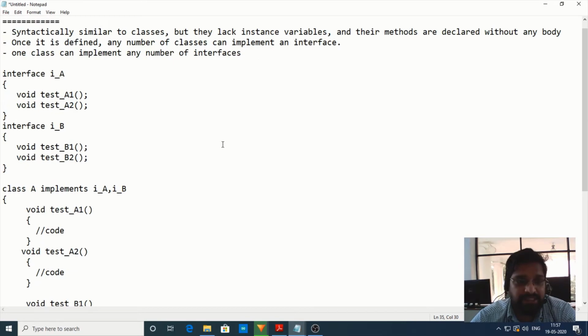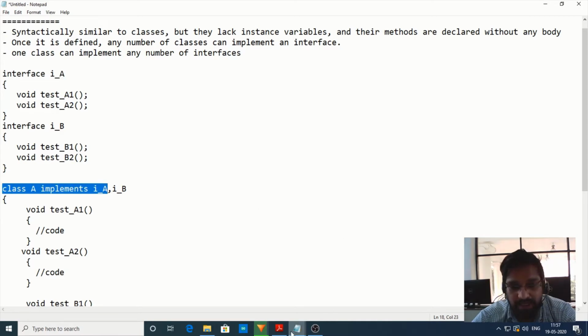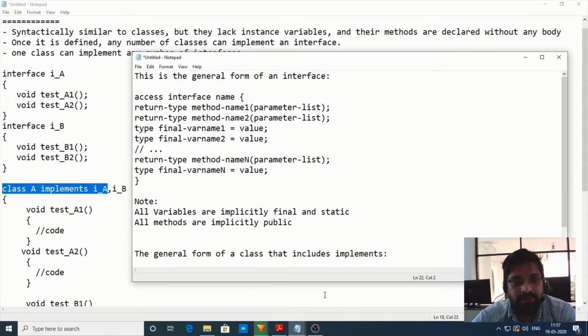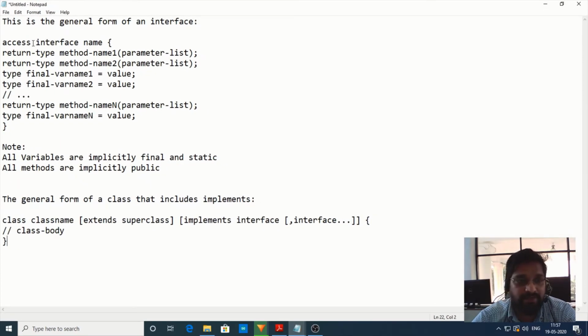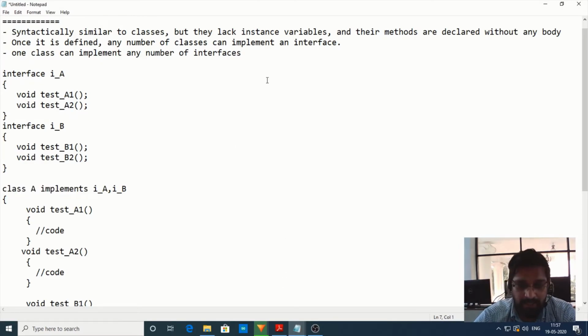Now let us see the syntax of an interface and the syntax for a class implementing an interface. This is the syntax of an interface. It begins with an access specifier, but here I have not used any access specifier.